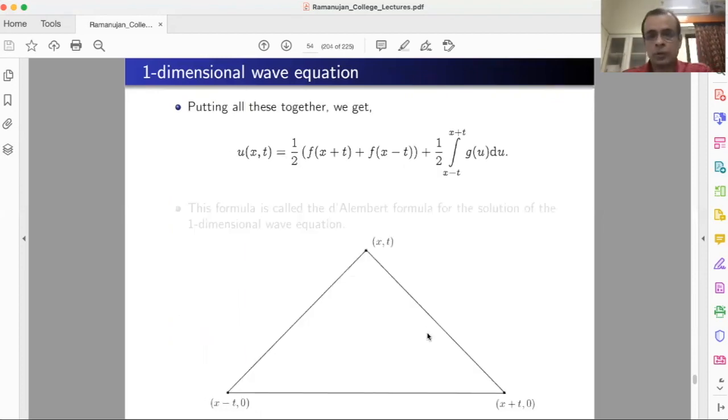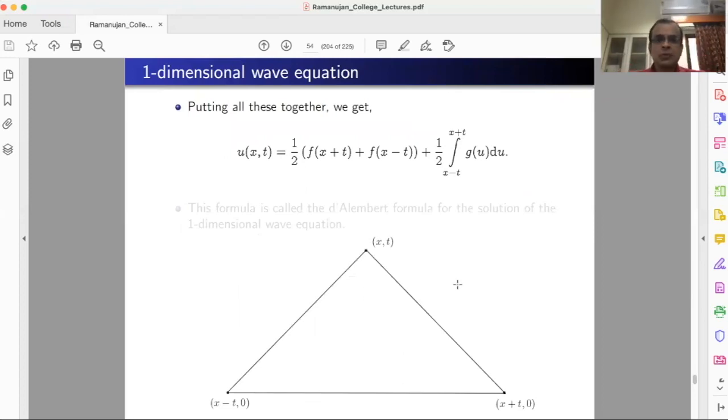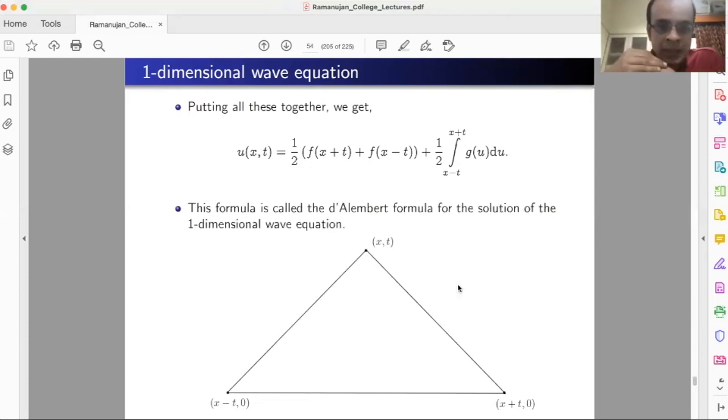Okay, so putting it all together, there is this part over here, this u of x plus t, which is f of x plus t, so that goes to the right hand side. And putting it all together, what we observe is that u of x comma t is half of f of x plus t plus f of x minus t, plus half of the integral from x minus t to x plus t of g of u du. Okay, so this is what is called the famous D'Alembert formula for the solution of the